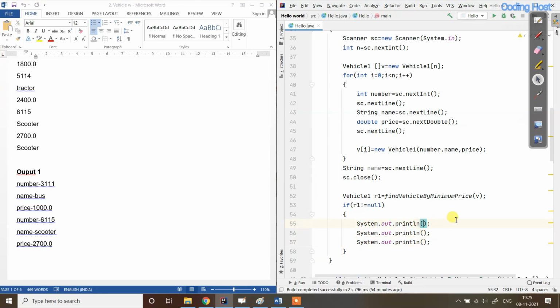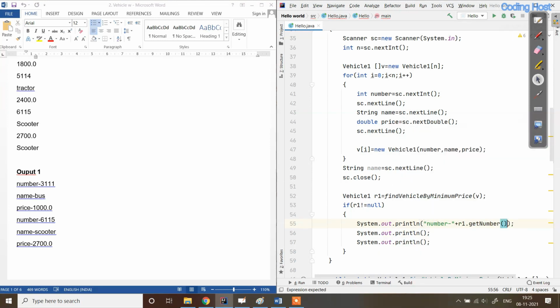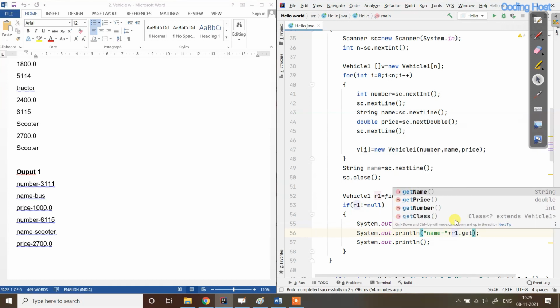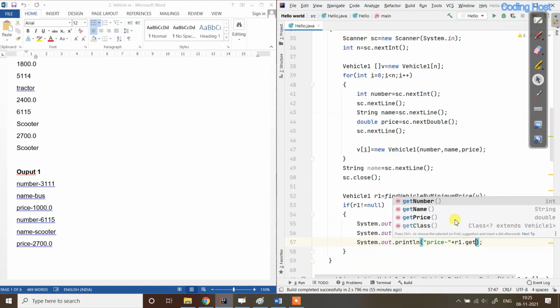Now inside of it we have to write number, then this plus sign, r1.getNumber(), and after that name, so plus r1.getName(), and here we have to write price, so r1.getPrice().